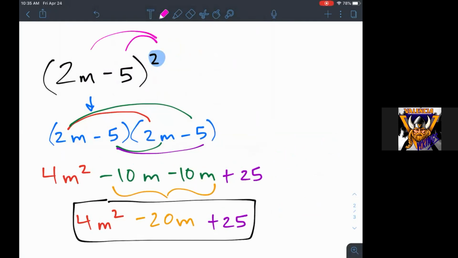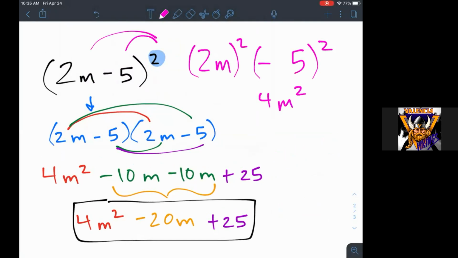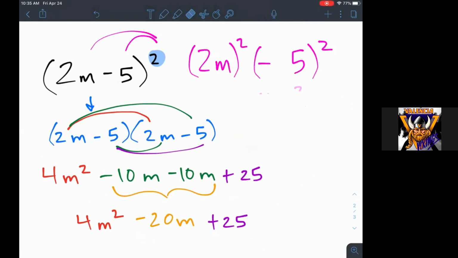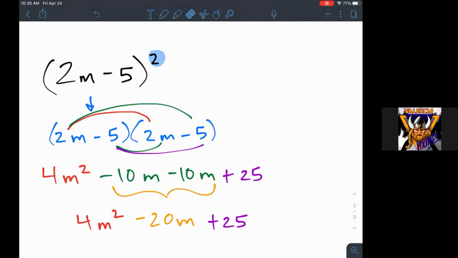is because if we distributed that power, we would get 2m, the first term, squared, and -5 squared. Well, 2m squared is 4m squared, 2m times 2m, 2 times 2 is 4, m times m is m squared, and -5 squared is positive 25. Notice that we would be missing that middle term. The distributive property does not work with exponents. The distributive property works with multiplication